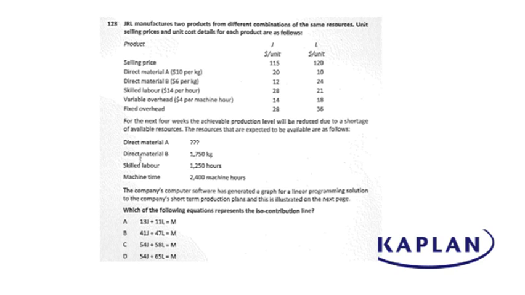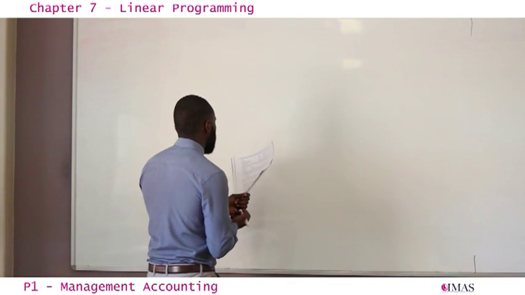Remember we said on linear programming, when you're using the graphical approach, we have 5 steps. Step 1 was to define our variables. In step 1, what we're trying to do is give the product to the x-axis and the y-axis. With this question, I'm just going to do it step by step, although they do not require step by step. If this question had asked for step 1, which will never be asked,